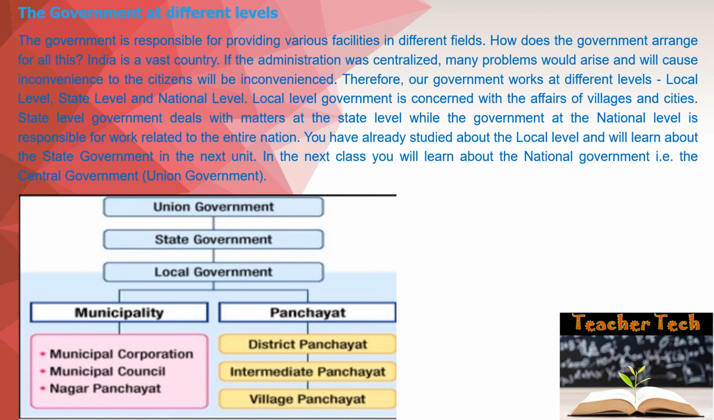You have already studied about the local level and will learn about the state government in the next unit. In the next class, you will learn about the national government, that is the central government, and the union